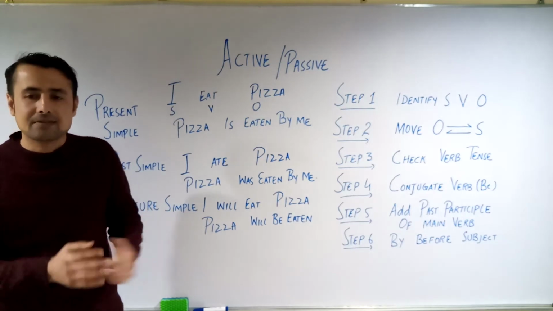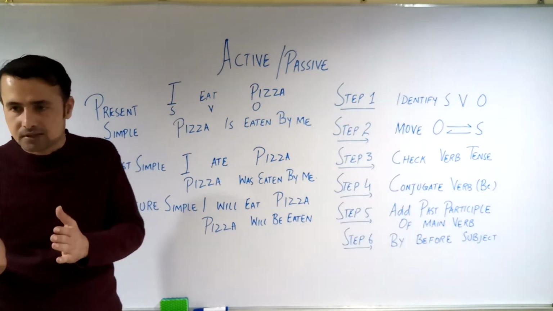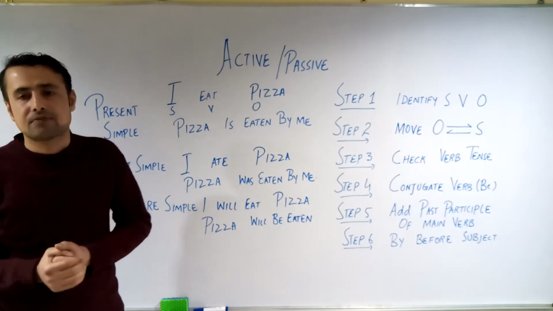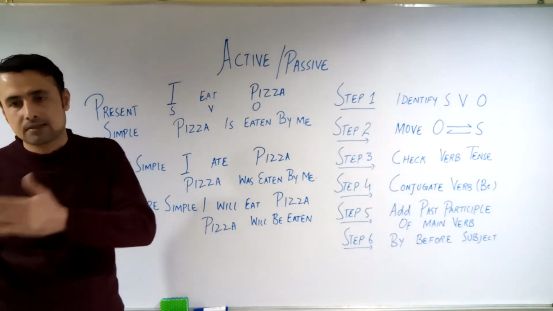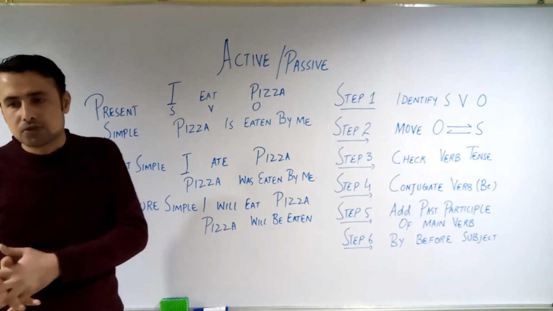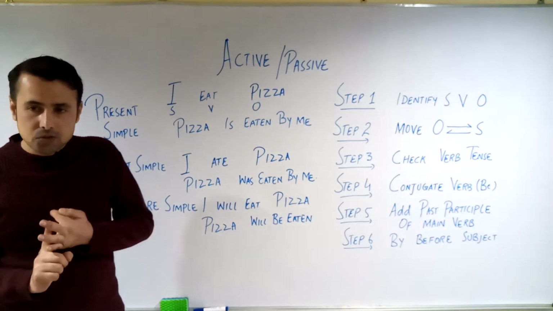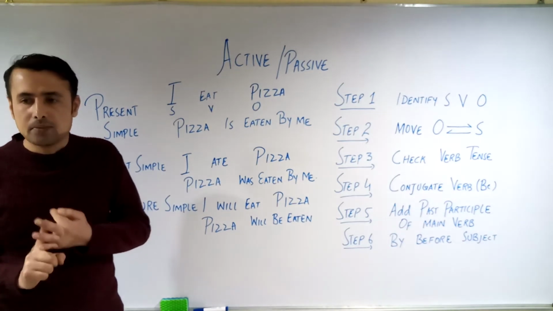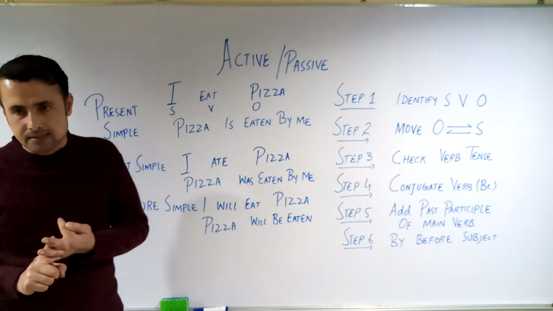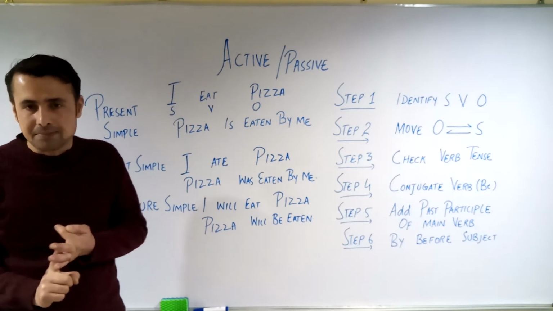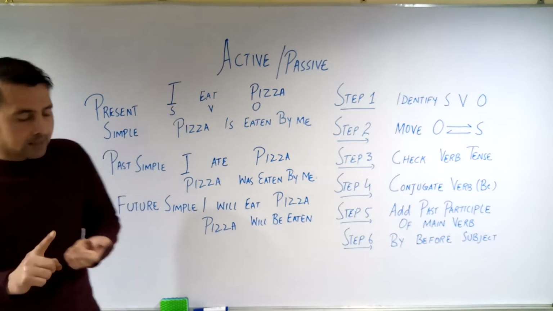In step 2, why did we identify subject, verb and object? Because in passive voice, the focus of attention is always the object. The object takes the place of the subject. In return, the subject moves towards the object. We always use, no matter which tense it is, the third form of the verb in passive voices. Along with that,